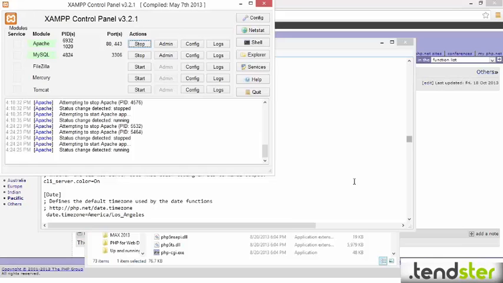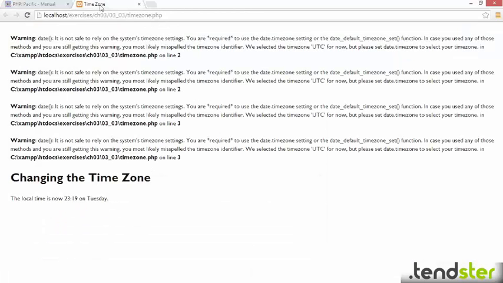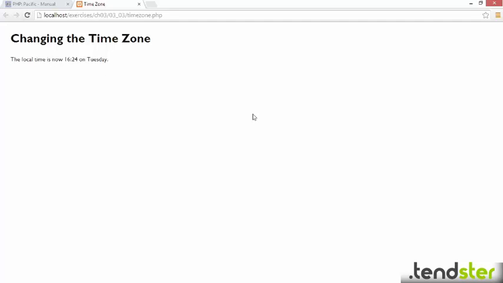It's running again now. I can go back to my browser, reload that page. All of those nasty messages have gone, and it tells me that the local time is now 16:24. It's nearly 4:30 on a Tuesday afternoon. Now, I've just changed it in php.ini, but you may not be able to do that if you're on shared